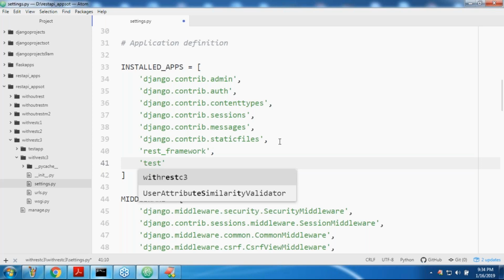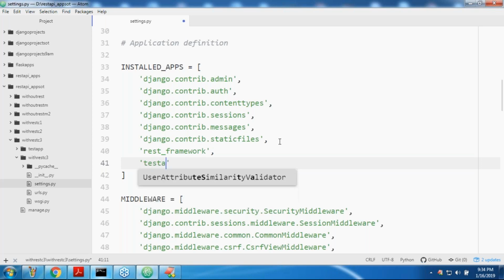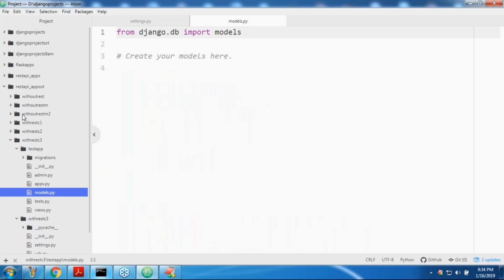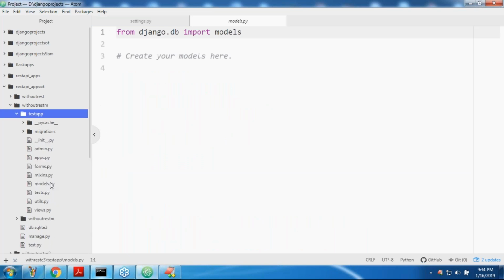Now let me take one model, maybe our very familiar model Employee, because my concentration is not on the model, my concentration is on the approach. Without the rest framework some model is already there. Maybe I may copy paste, don't worry, sir. Can I copy paste this file into our models.py?